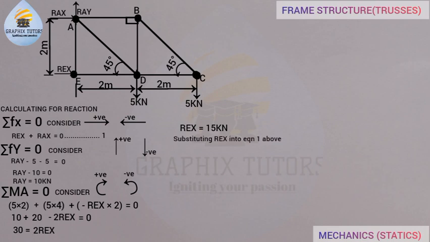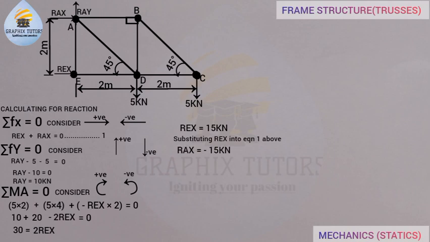Now we'll be substituting Rex into equation 1 above, right? And this is my equation 1 here that says that Rax plus Rex is equal to 0, right? Now if I input my Rex in this equation, I'll be having Rax plus 15 equals 0. And when the 15 goes to the other side of the equal sign, my Rax will be equal to minus